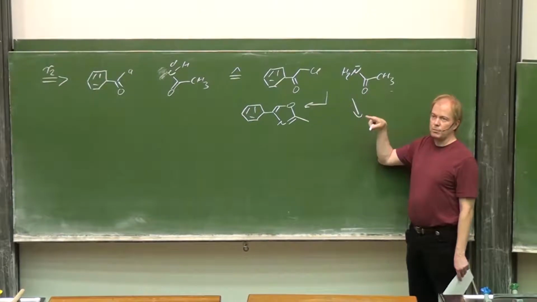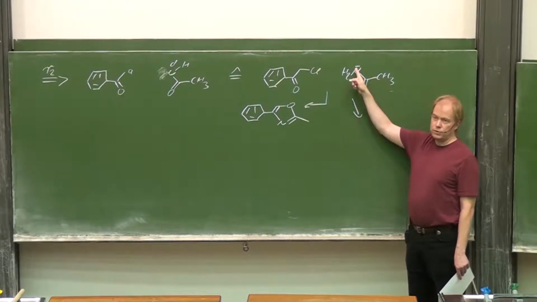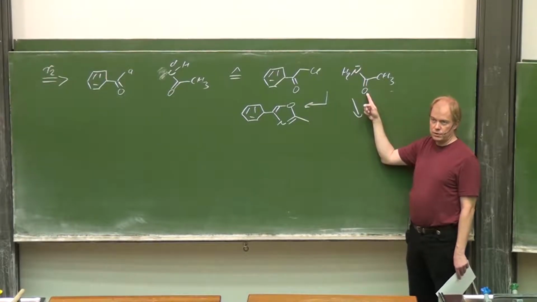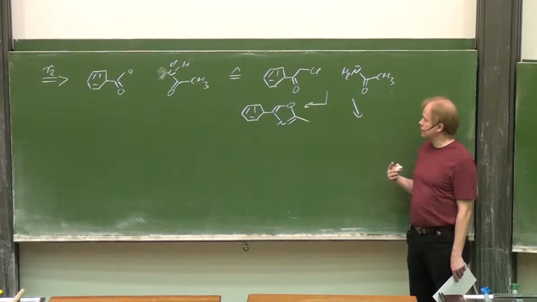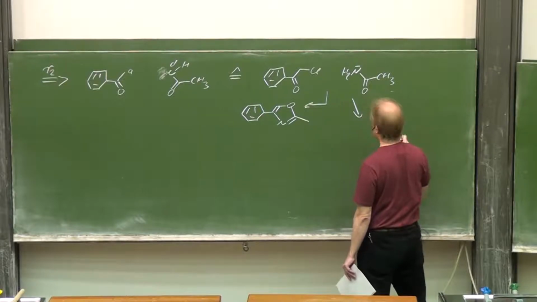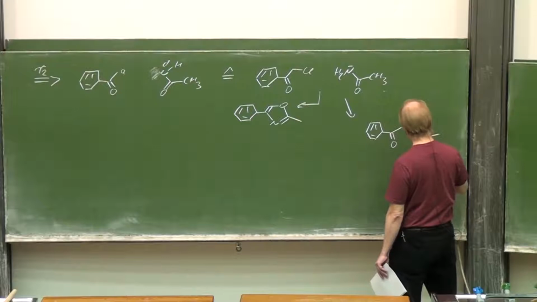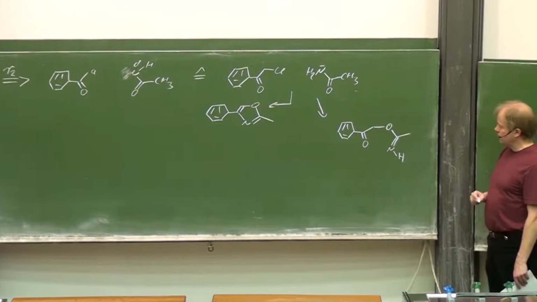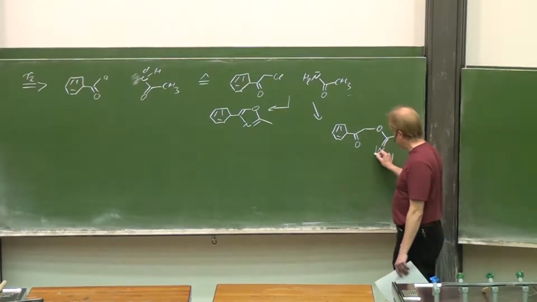So, why is that? Well, please remember, if you try to protonate a carboxylic amide, you never protonate at the nitrogen. You will protonate at the oxygen. The oxygen is the more basic center. And at the same time, it's also the more nucleophilic center, because the corresponding cation is mesomerically stabilized in this case. So the oxygen will attack that electrophilic center, forming this product of the nucleophilic substitution, and then